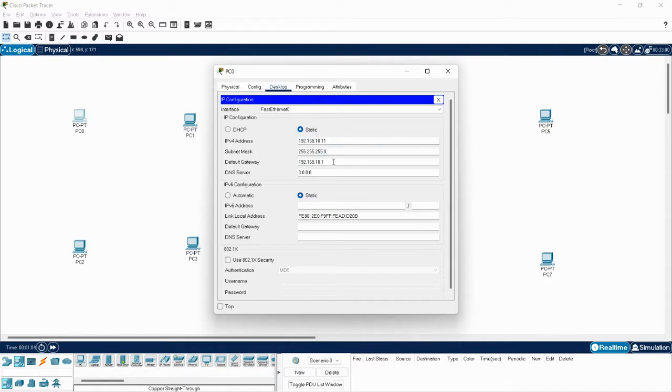I'm going to give a default gateway address of 10.1 for all the virtual machines that belong to VLAN 10.